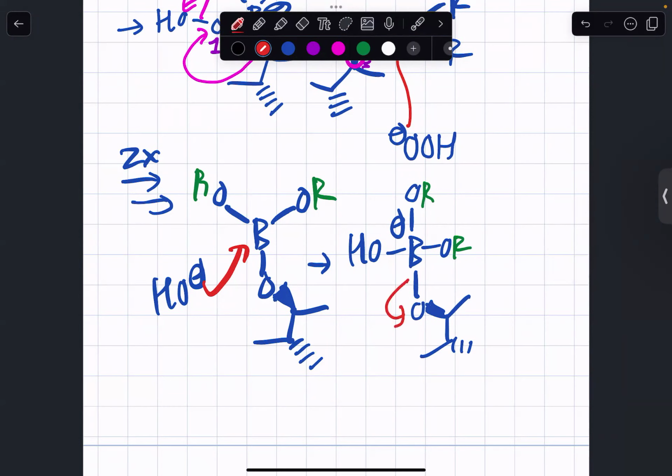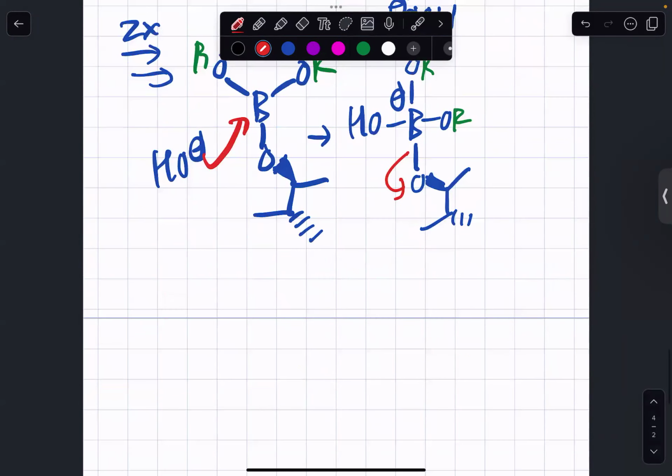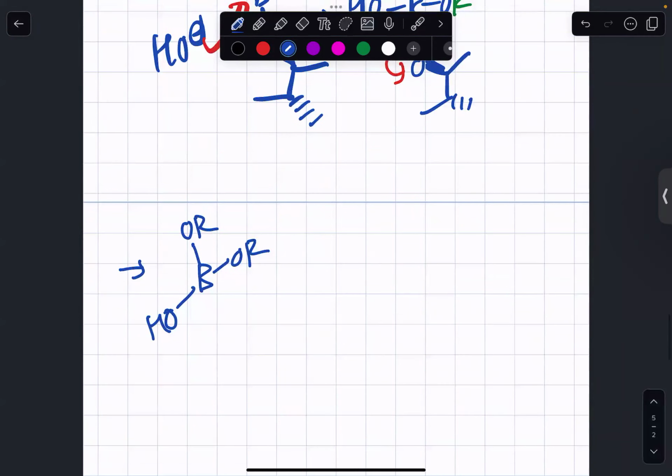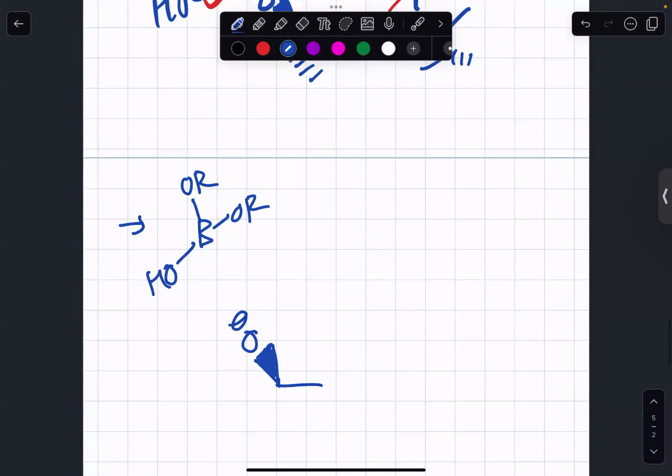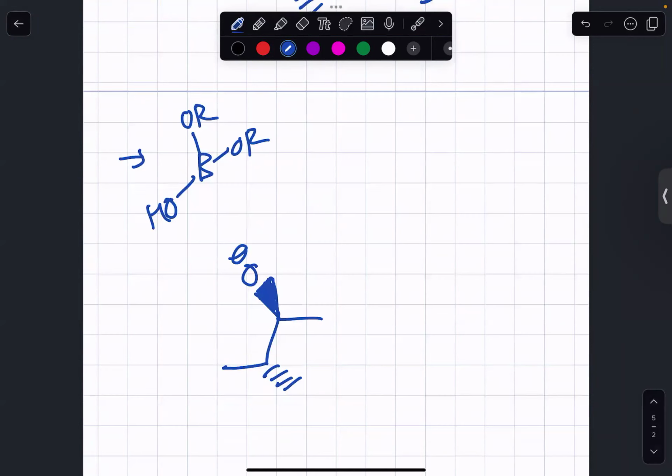Where let's just kick out that OR group there, make that leave. That would give us this B(OH)(OR)(OR), and now this O minus with its R group, right? Where this RO minus group can get protonated by a water molecule and give us our neutral